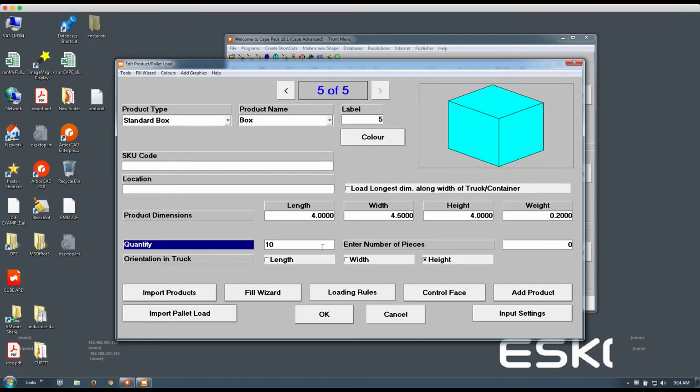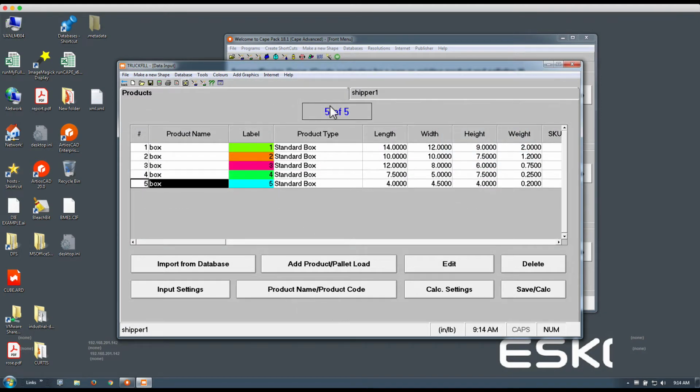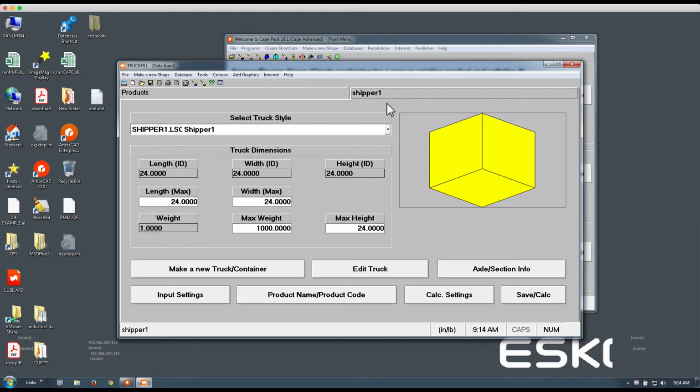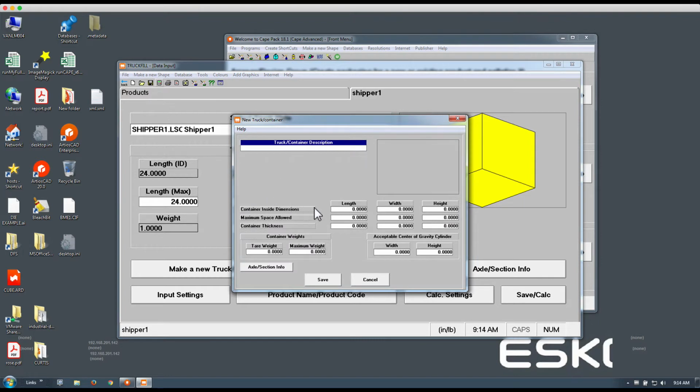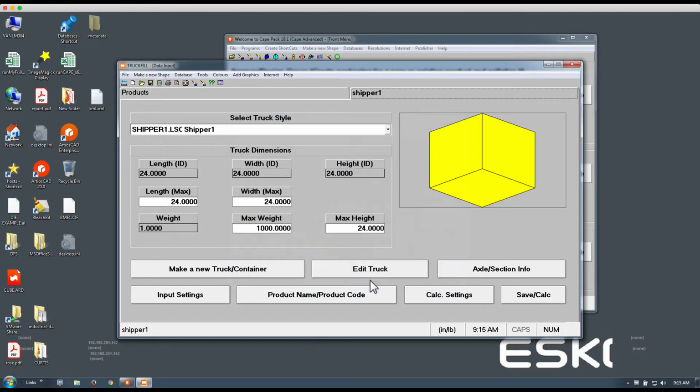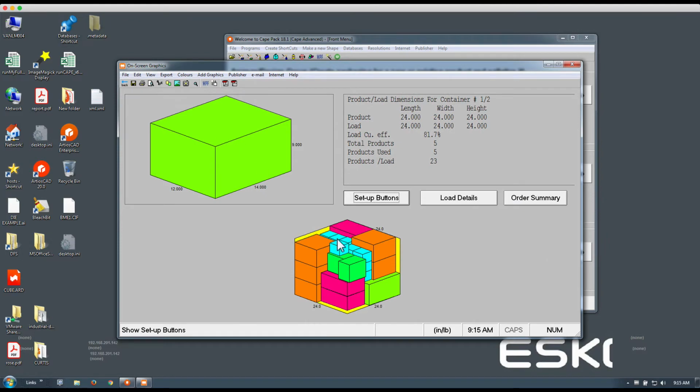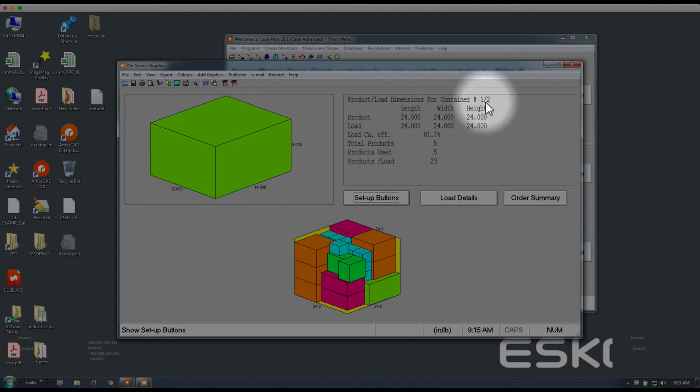So once you're done specifying this, you hit the OK button. And now in Truck Fill, normally this section right here is reserved for a truck, but we're going to use the shipper volume. You can create a new, quote-unquote, truck shipper by specifying length, width, and height right here. So we created a 24 by 24 inch shipper, specifying the maximum weight of that shipper, and calculating this, we can now see that we have two final shipping